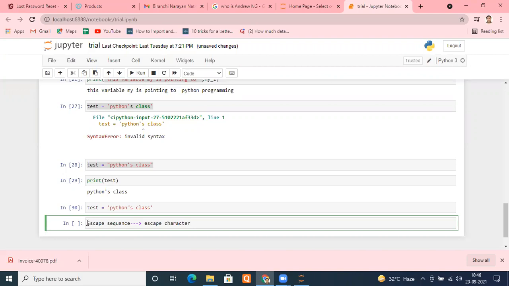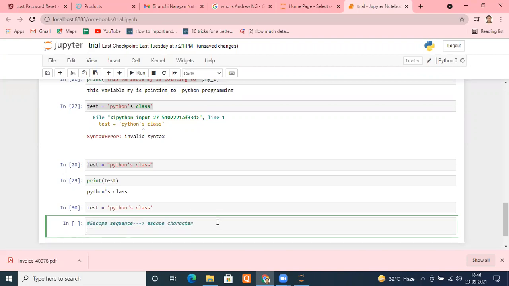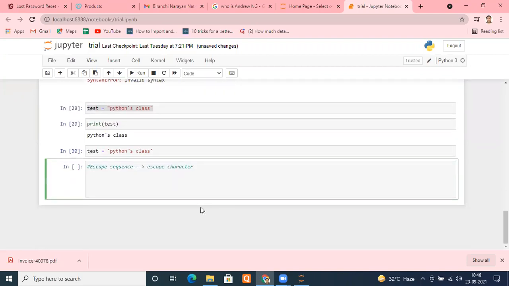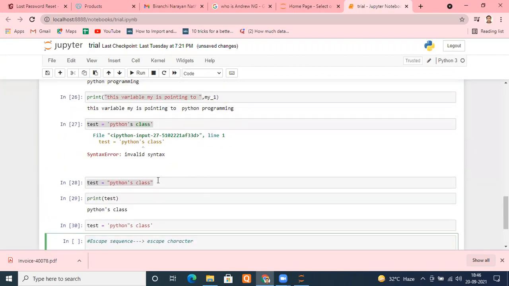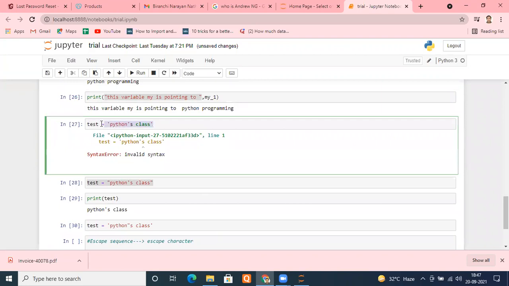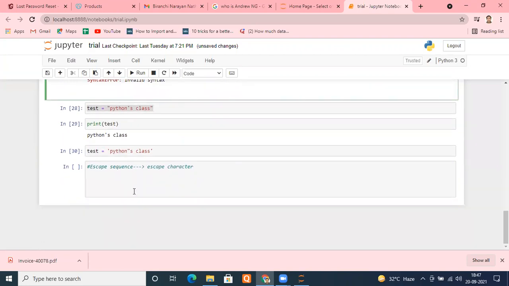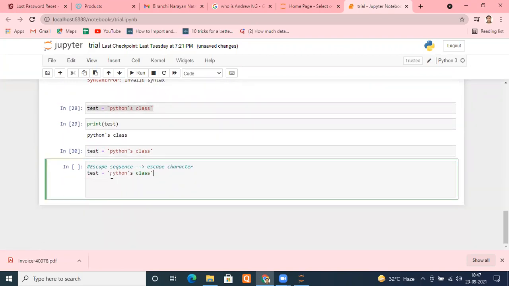We make it a comment. Same problem we can solve here. How? I'm using this, suppose. Same thing I'm copying and pasting here. What you can do here, before this quote, put a slash like this.